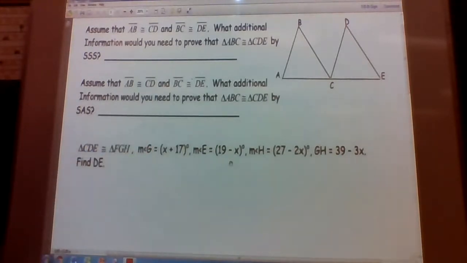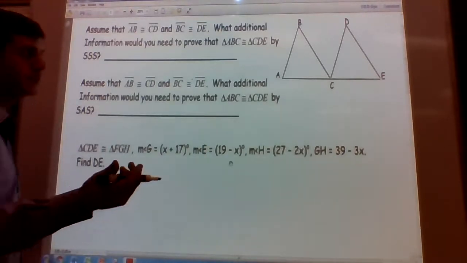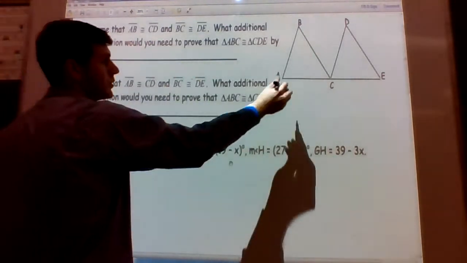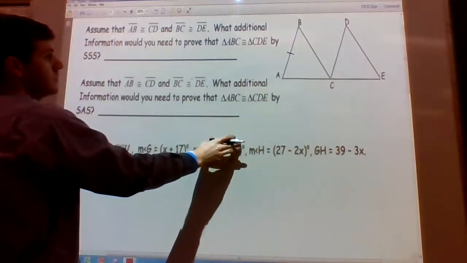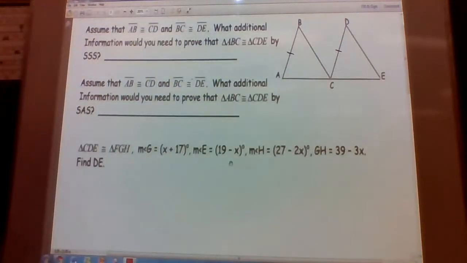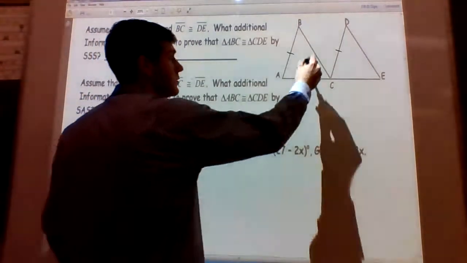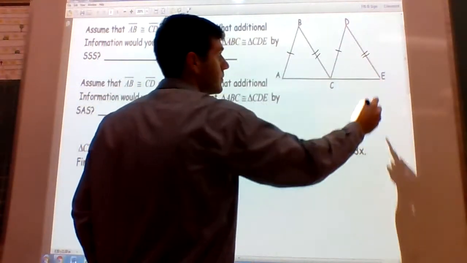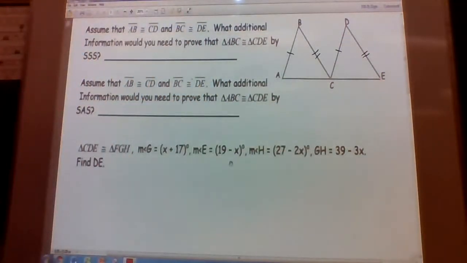Okay, first question is asking us, it's telling us to assume that AB is congruent to CD. So the first thing we do when we see that is we should put the marks in. So AB is congruent to CD, and BC is congruent to DE. What additional information would you need in order to prove that triangle ABC is congruent to triangle CDE by side,